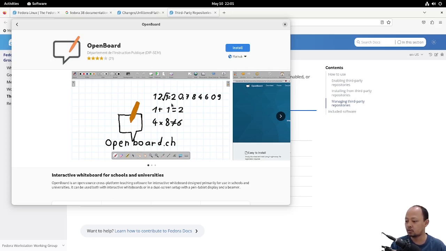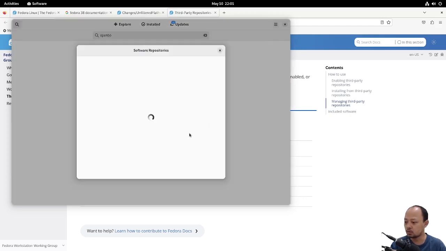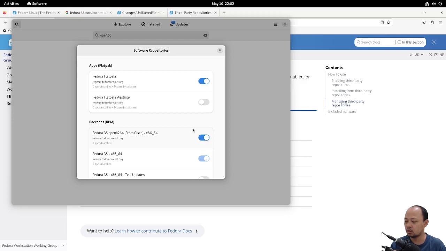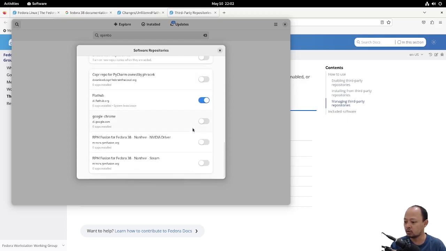If we compare it to Fedora 37, Fedora 37 already included partial support for FlatHub. It was a filtered list. In the repository menu of Fedora 37, there's no button to activate the unrestricted FlatHub repo.